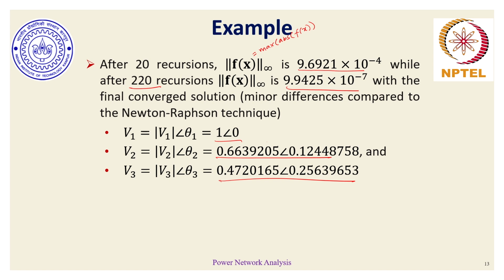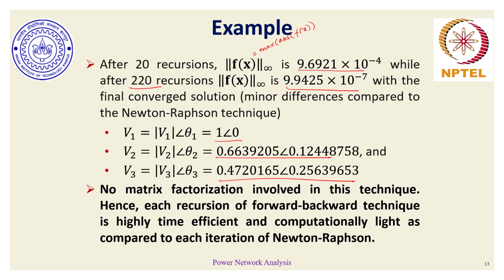So the observation with the backward forward sweep technique is that there is no matrix factorization involved, and the effort required to solve either 20 recursions or 200 recursions is much smaller than the 35 Jacobians which were factorized in each of those 35 iterations of Newton-Raphson technique for this particular